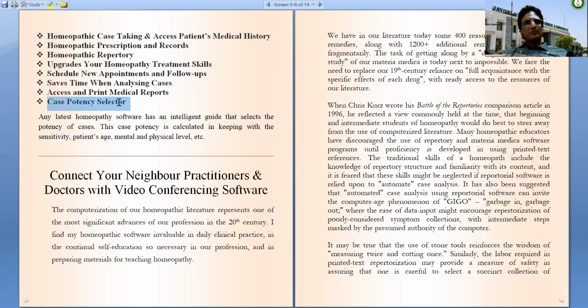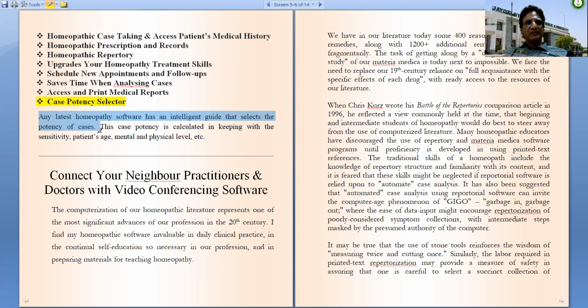So how is it a good potency selector? Any homeopathic software has an intelligent guide that selects the potency of the cases. It gives you advice about the potency.